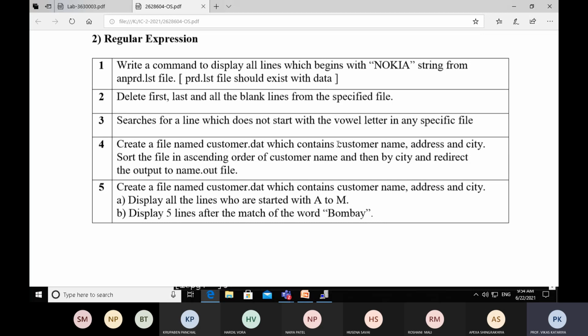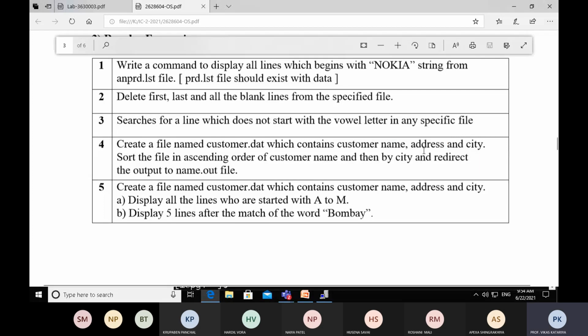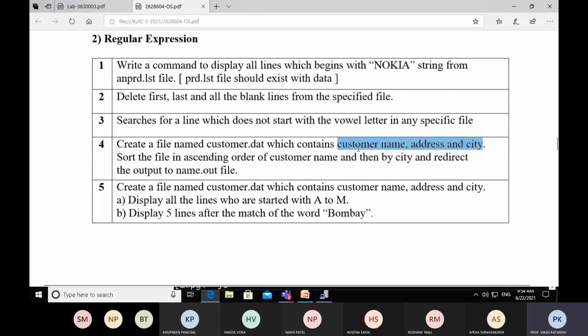If you ask for the top 4 records or top 5 records, it will display them, and it is displaying only 4 records, so you will get confusion. So don't be confused. Customer name, address, city, you need not mention as a label. Just directly enter the records: customer name XYZ, address XYZ, and city XYZ.